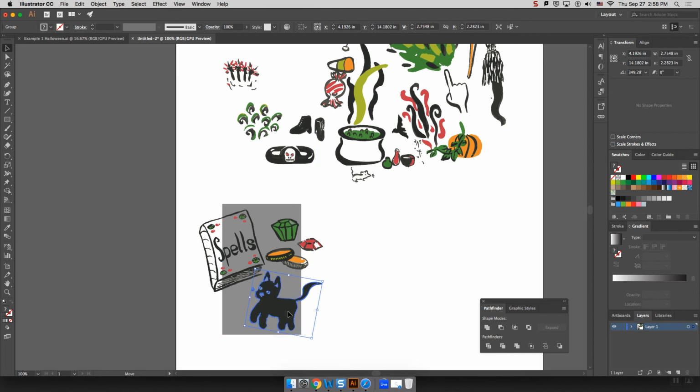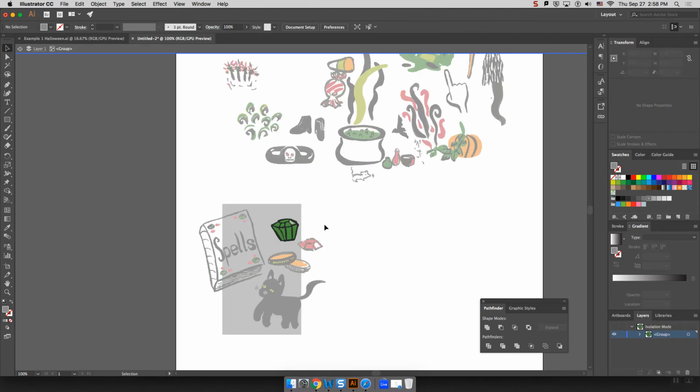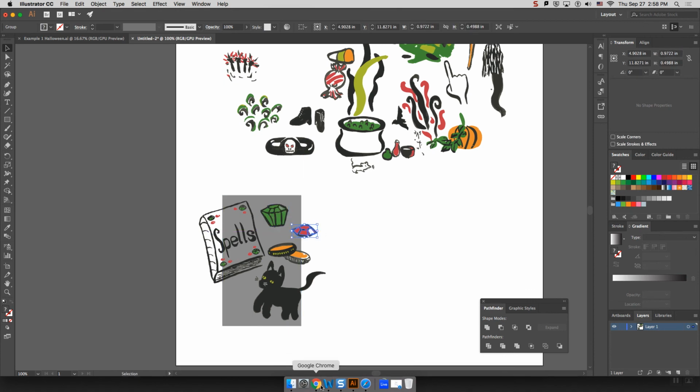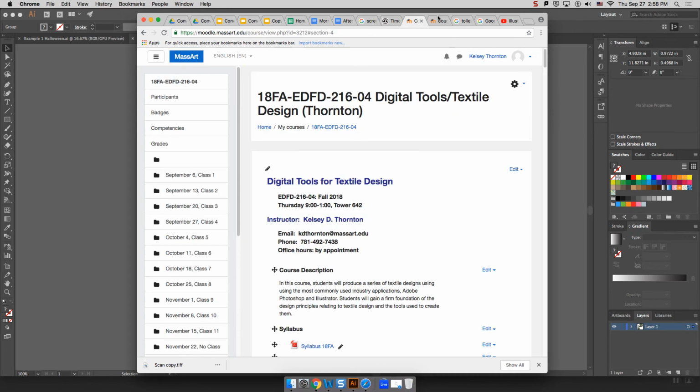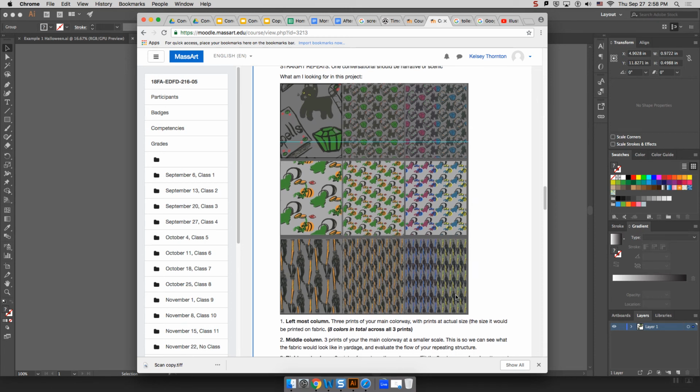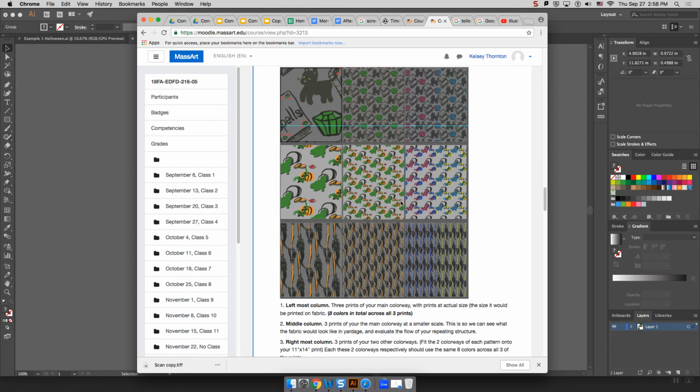I have a question. Yeah. So Moodle, the conversational piece, the one where it's 9 boxes and each one is different, is that how you wanted it to be presented? Yes, what I'm going to add to that Moodle is that this middle row is optional, I think. Well, now that you're printing in the cheaper one, it's going to be so much less expensive, right? For sure, it's like 60 cents as opposed to... So then I think I would print the middle one then, if you're printing on the less expensive stuff. What's the difference between the middle one and the whole thing? So the middle one is